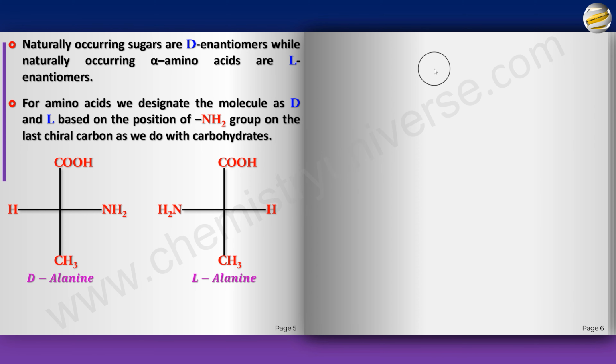So this is relative configuration. There is no absolute term. We are not designating any configuration for each chiral carbon. We are designating the entire molecule as D or L, irrespective of where the other OH are, irrespective of what is happening to the other chiral carbons. We only look at the last one. So this is one way of naming them. And remember, when it comes to naming, it doesn't really matter what logic you use, as long as you can easily distinguish the name of a molecule, especially in this particular case based on stereochemistry.